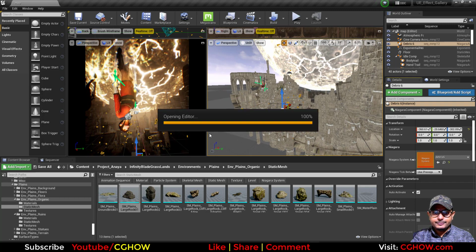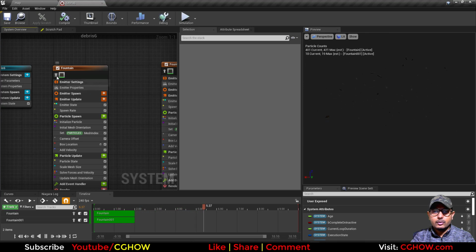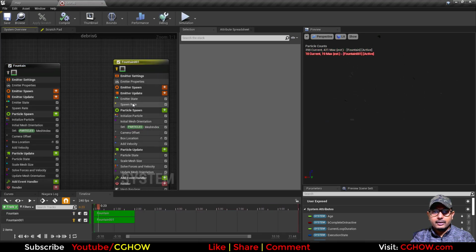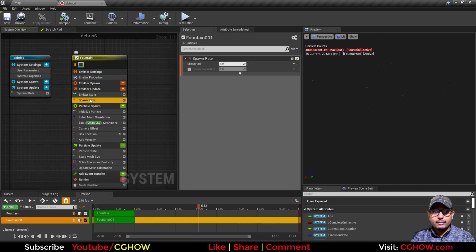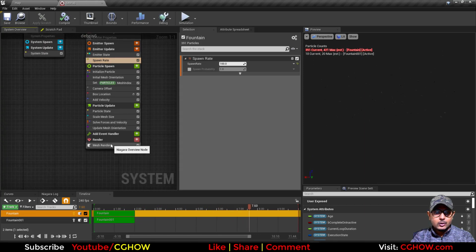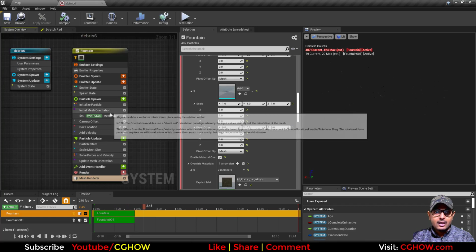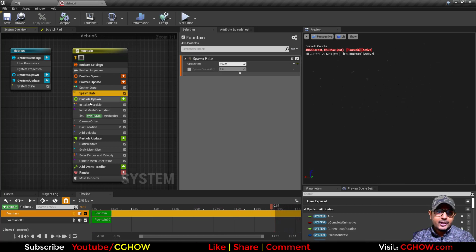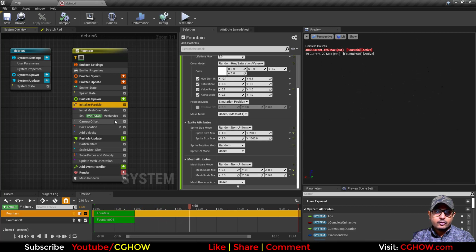So if I open this debris, it has 2 emitters just for variation. In this one it has very small, in this one it has bigger, but the spawn rate is very low, 1. In this one they are smaller, but the spawn rate is 100. So I have again random meshes. You can see I have multiple meshes, and here I have mesh index 0 to 3, meaning 4 meshes are randomly spawning per particle, spawning 100 particles, and it has random life, random size of mesh,